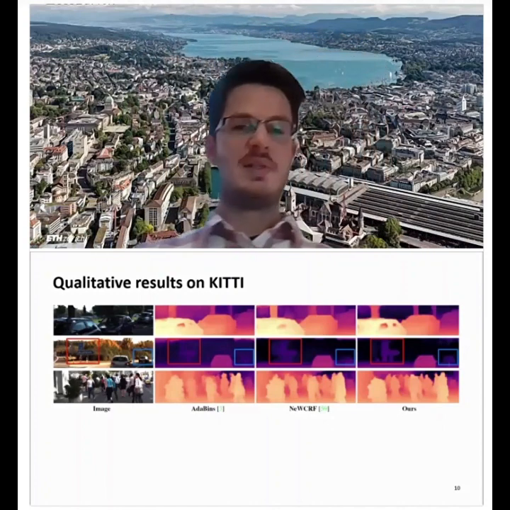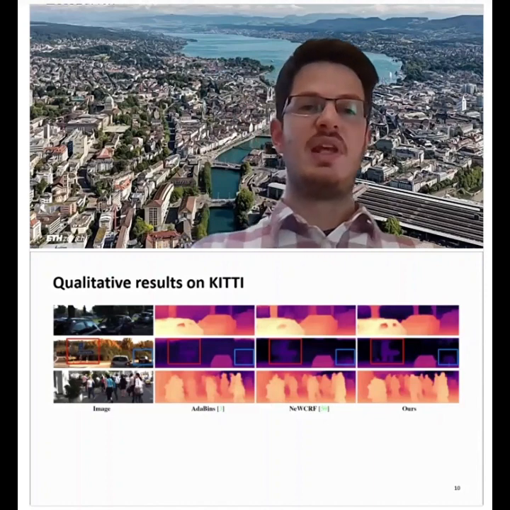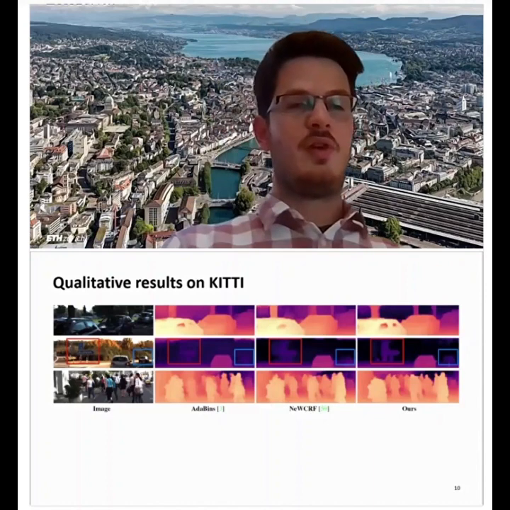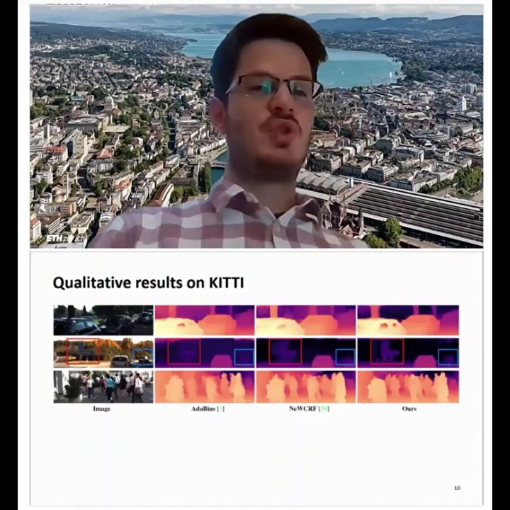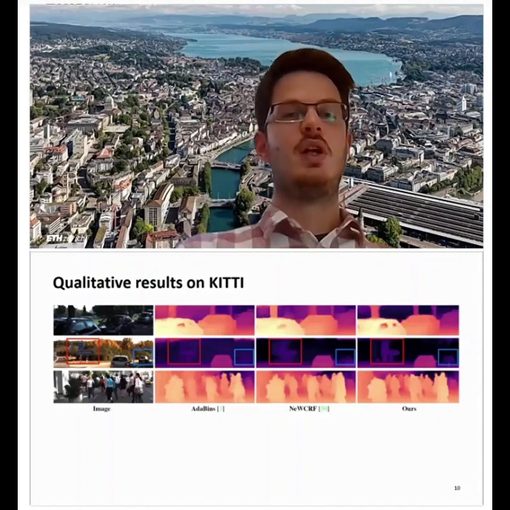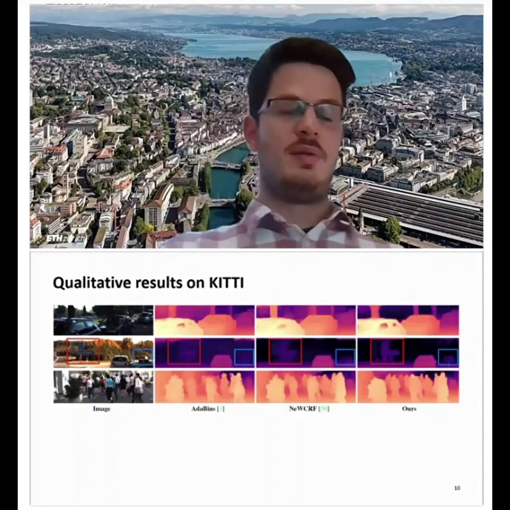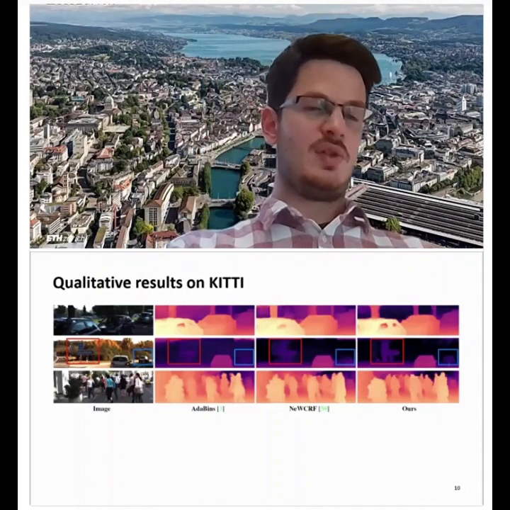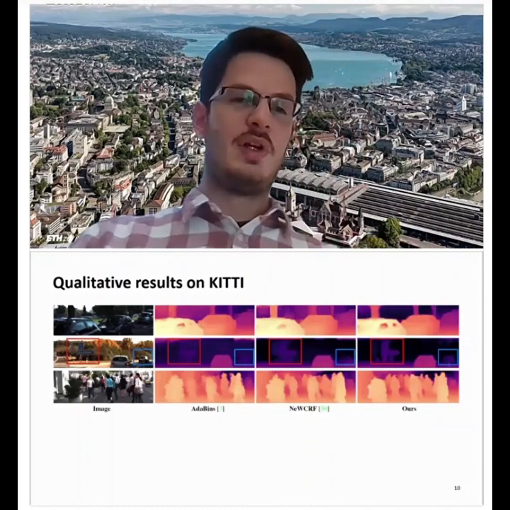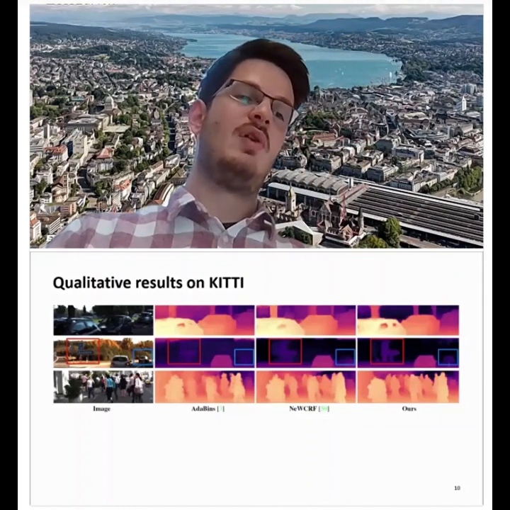Qualitatively, our results are also very satisfactory on the KITTI dataset. For example, in the bottom image here, we see a very complex scene with a lot of pedestrians, and the pedestrians are distributed across different parts of the range of depth values.